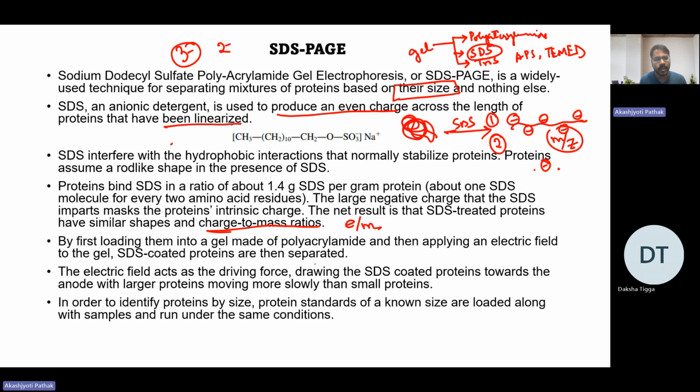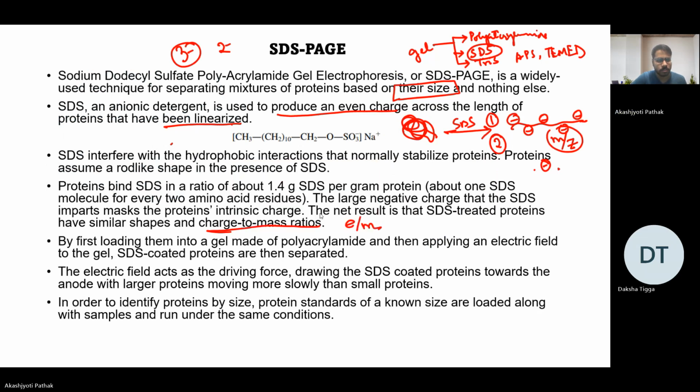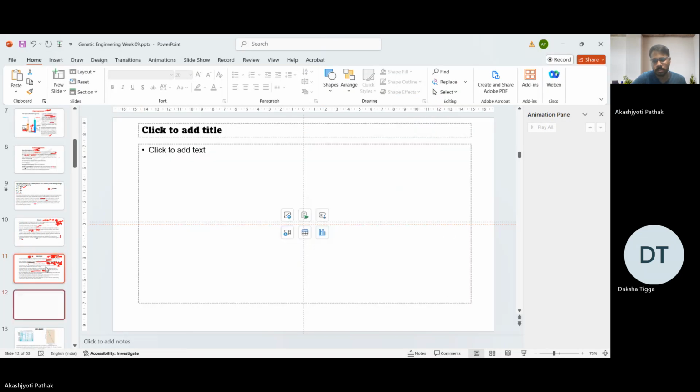So by first loading them into a gel made of polyacrylamide and then applying an electric field to the gel, the SDS coated proteins are separated. The electric field acts as the driving force, drawing the SDS coated protein towards the anode, with larger proteins moving more slowly than the smaller proteins. So when you are doing an SDS PAGE, what is done is